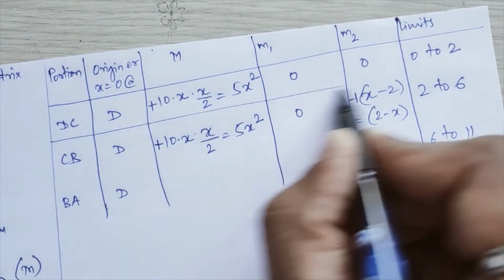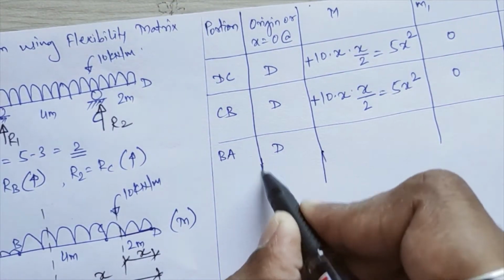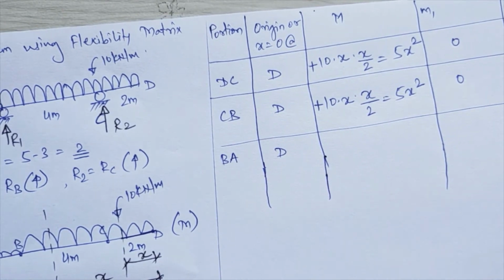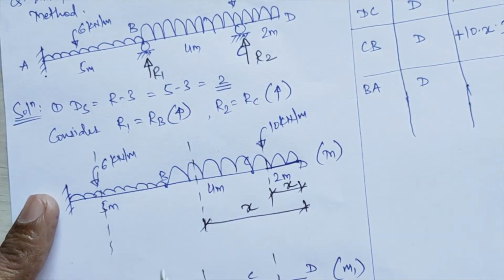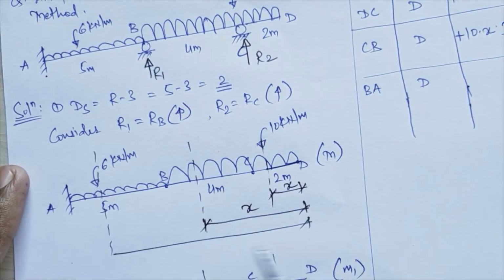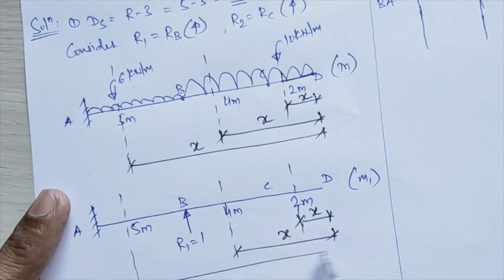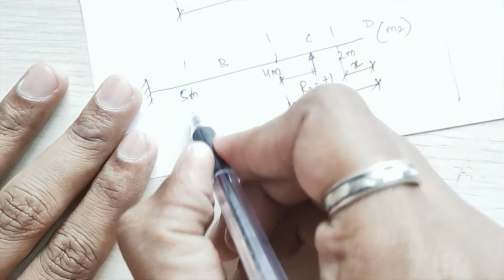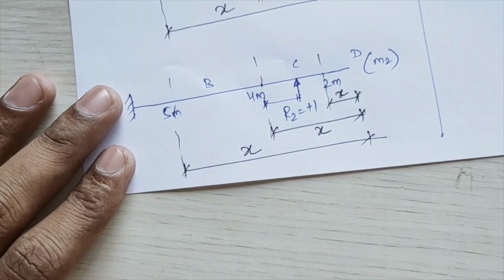Okay, this is my first portion, second portion. Now we'll see for the capital M diagram. You see carefully this, because here you have to mix two UDLs over there. So see what I'll do. I'll pass this section in this first portion BA at a distance x from my origin point D. Same way here also your section will be passed, and same section will be passed in your M2 diagram also. So I have done these sections over here.